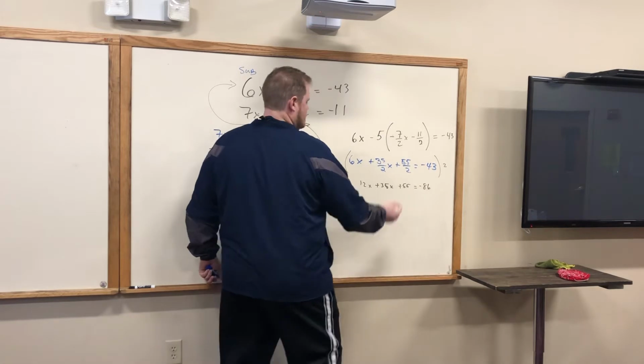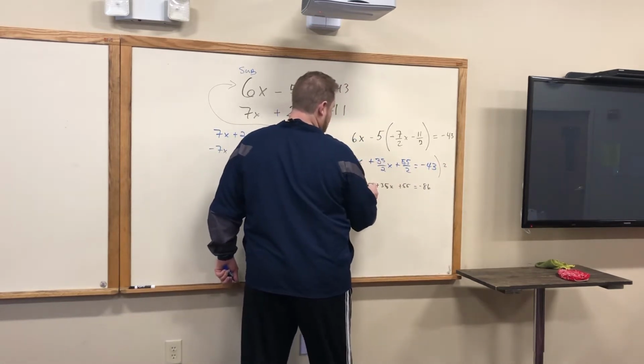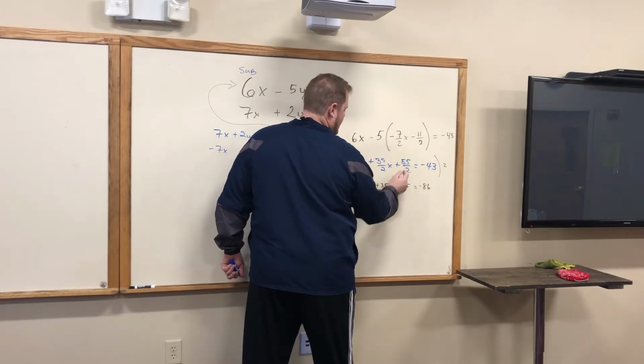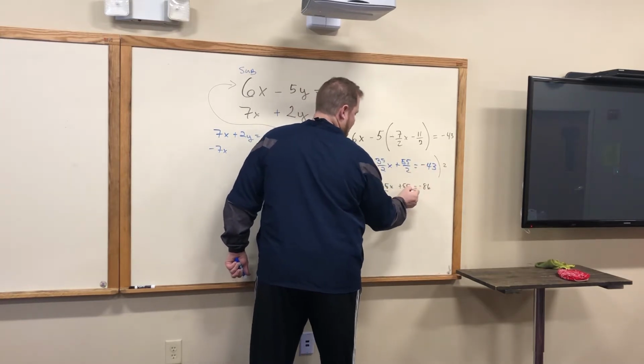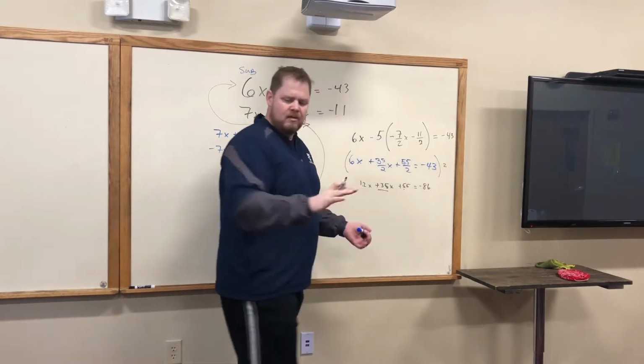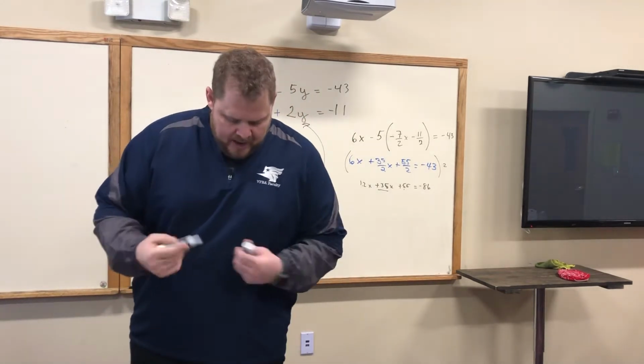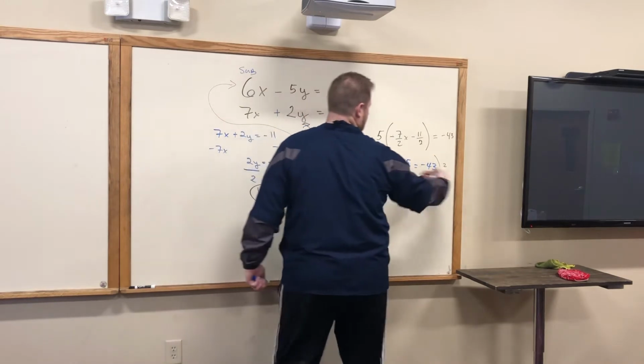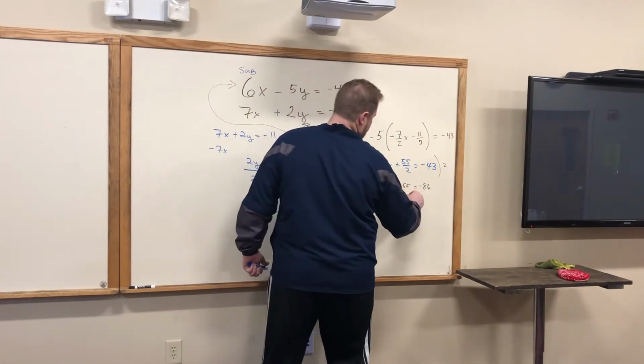Because 2 times 6x is 12x, 2 times 35 over 2 is 35, and 2 times 55 over 2 is 55. I'm getting rid of that denominator, and now it's easier math. What I do to one side, I must do to the other, so if I do it to the whole thing, it works. So I subtract 55,